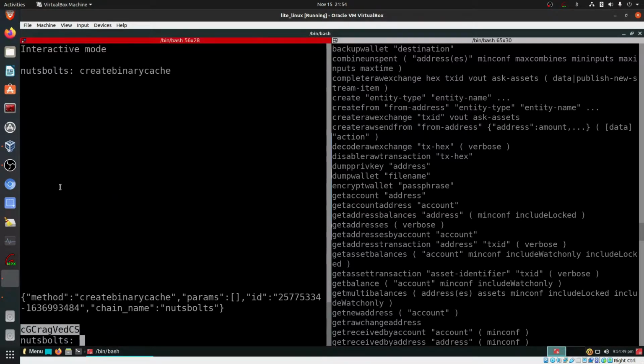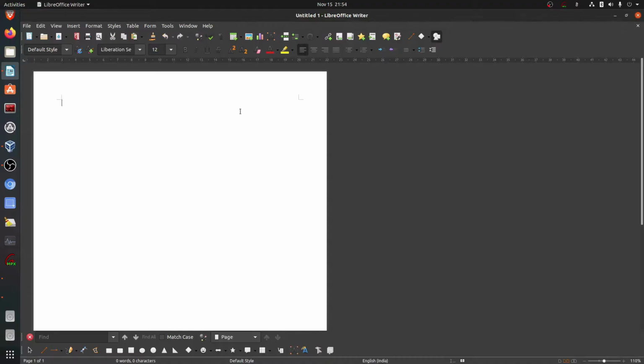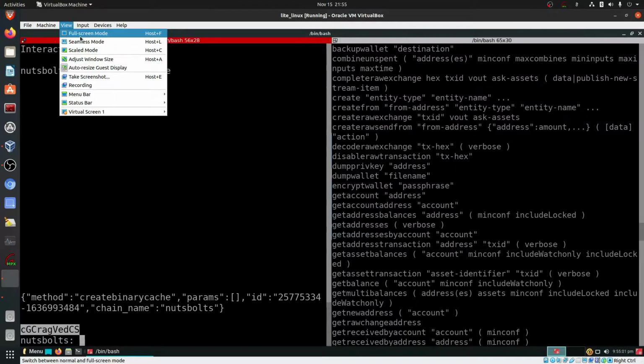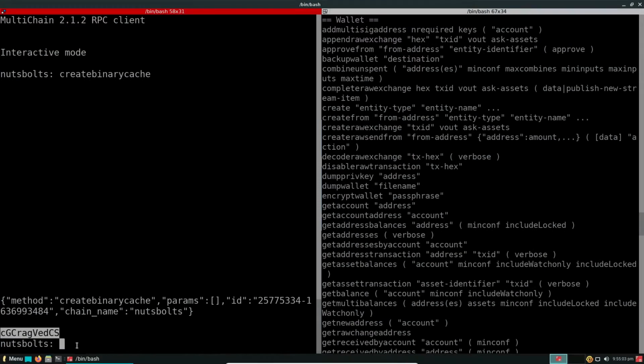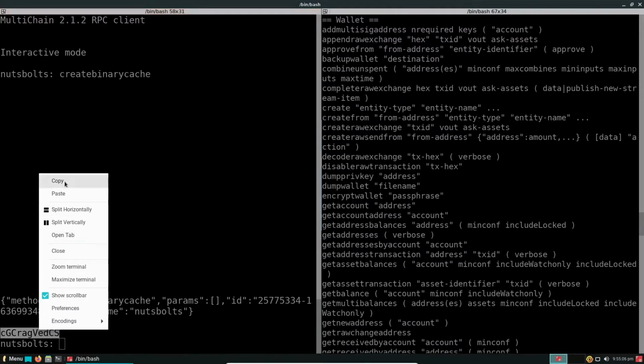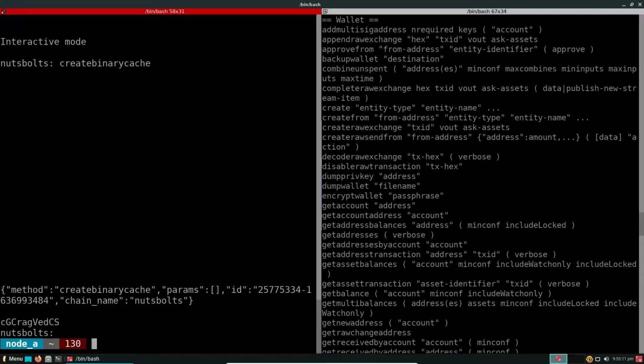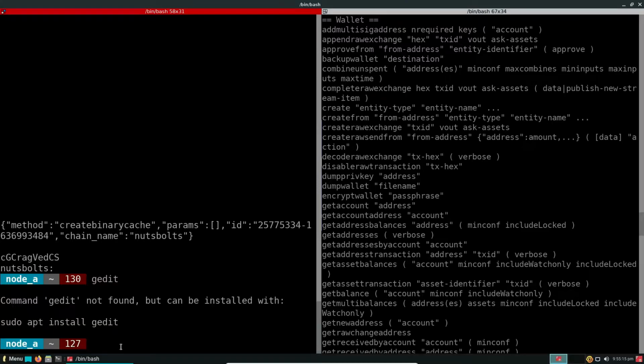Now this is the reference address that we might require later. So I just paste it here. In fact, I'll just make it whole screen. We'll just save it into, okay, it is not installed.